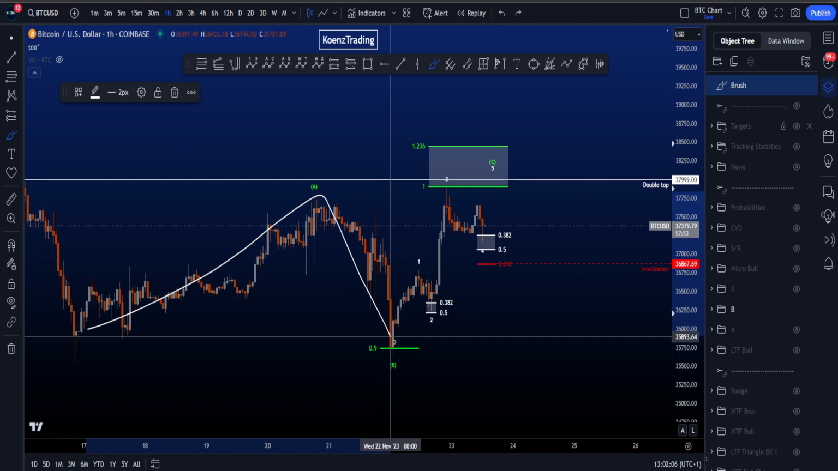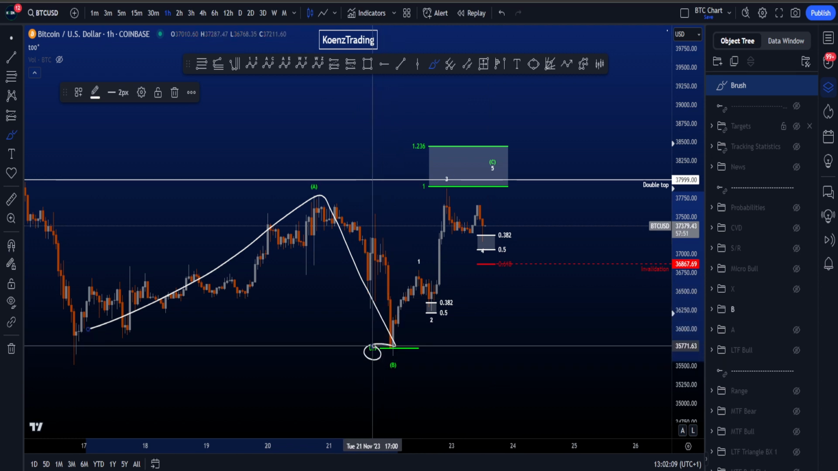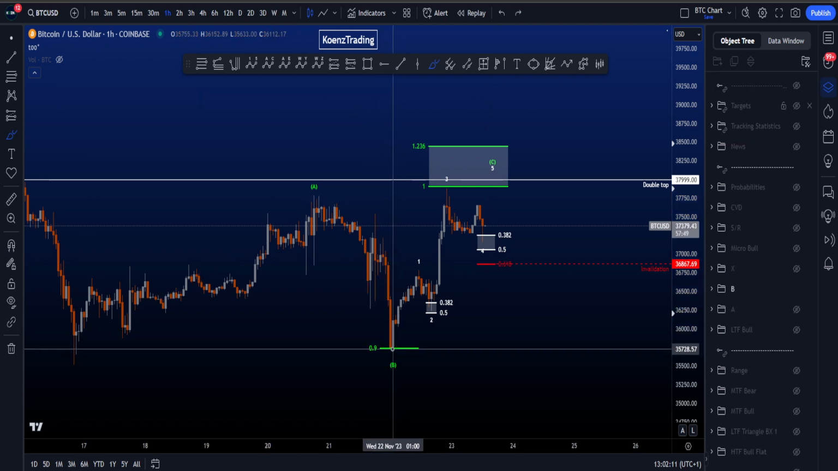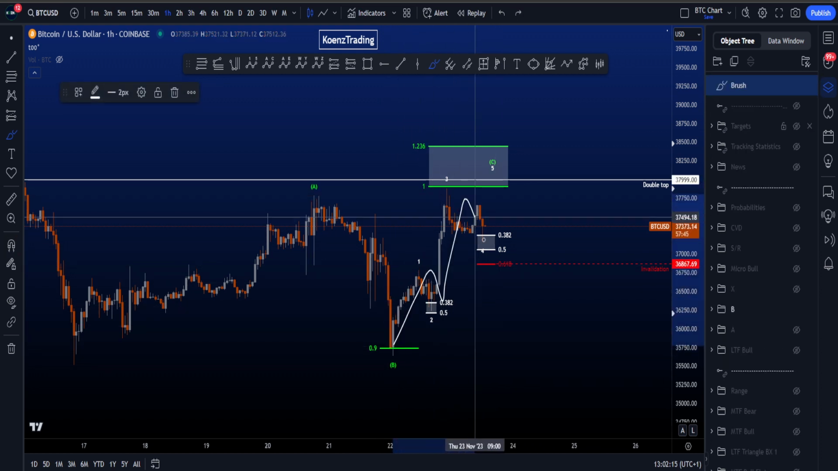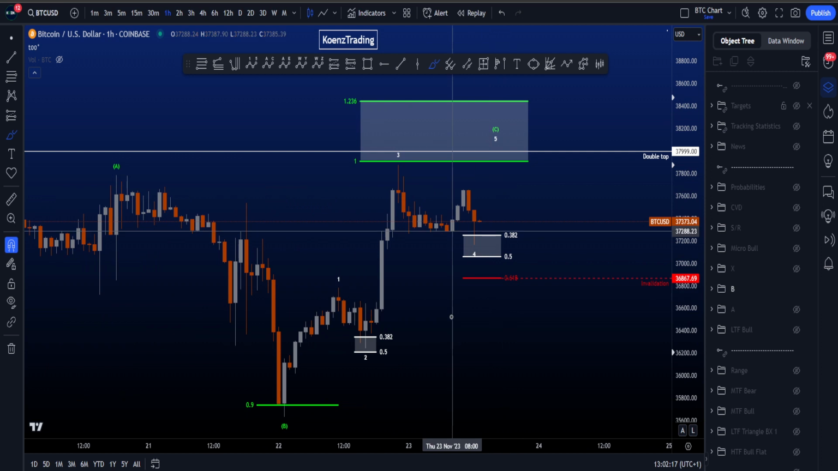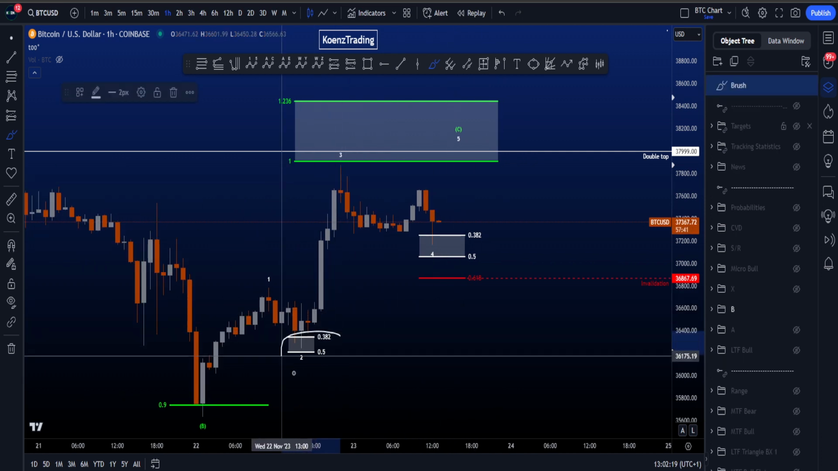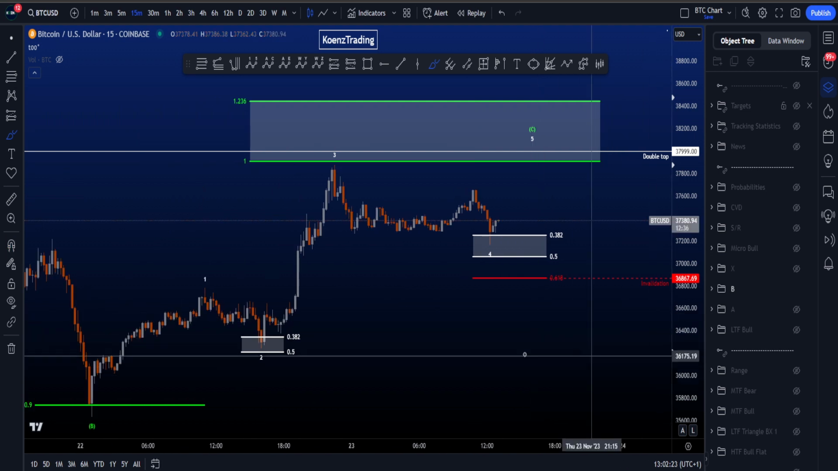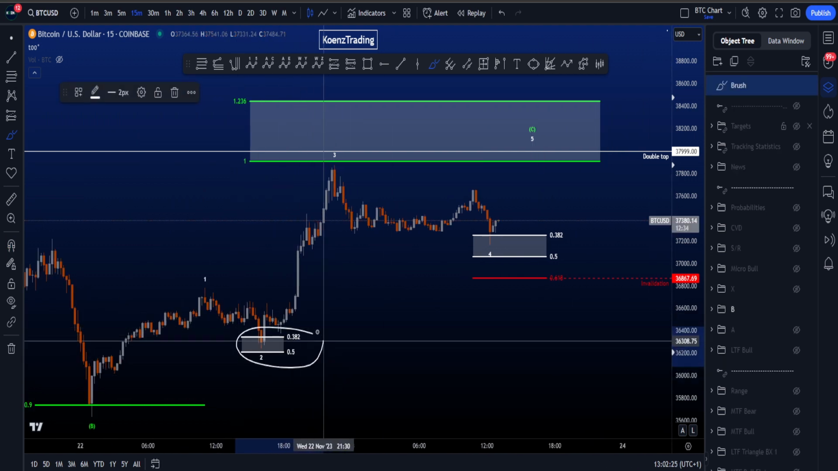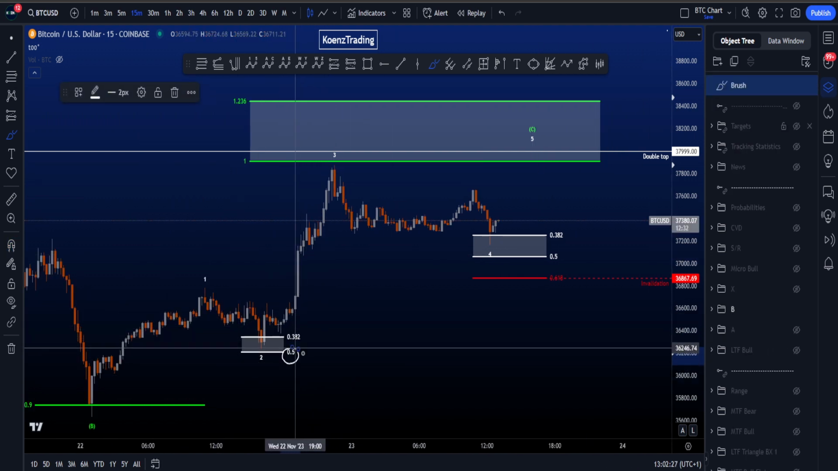So we have a wave A, wave B, which hit the 0.9, which is a target for a regular flat, the minimum target actually. And then we're looking for an impulse to the upside, 1, 2, 3, 4, and then eventually a wave 5. In this scenario, wave 2 retraced to the 0.382 to the 0.5 Fibonacci, which is not deep, right? That's a shallow target for a wave 2 because the 0.5 has not been hit,